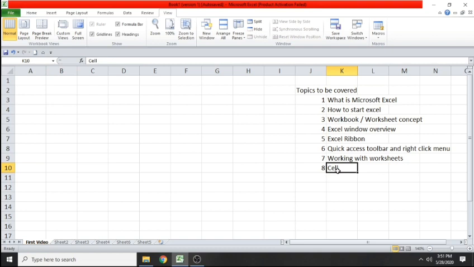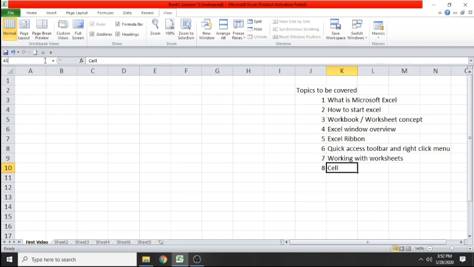Next topic is cell. Now if you will see, currently my particular cell is there in K column and 10th row. The same address you can find over here in the name box, that is K10. Why K10? Because this is the address of my cell. My cell is residing in the Kth column and the 10th row. Suppose in the name box I am writing A1.